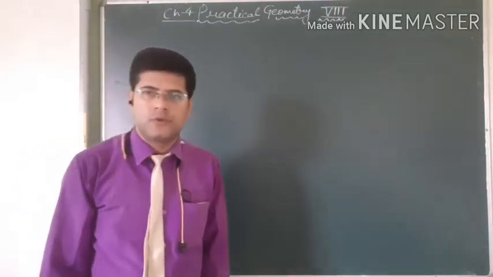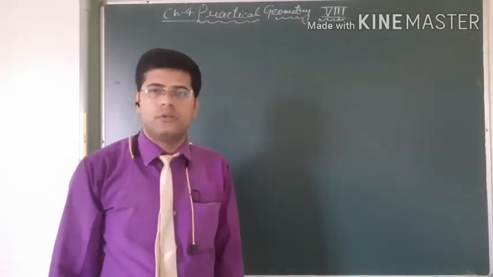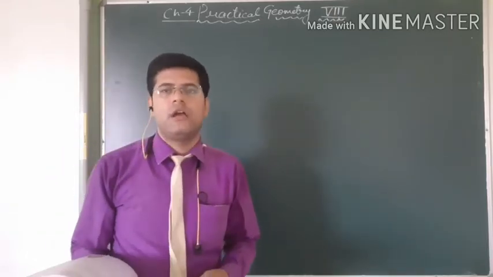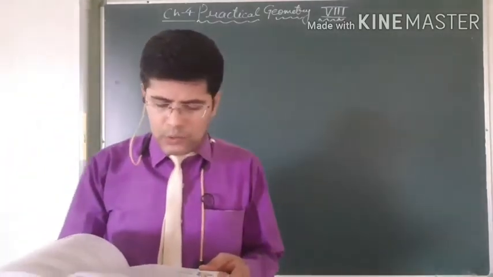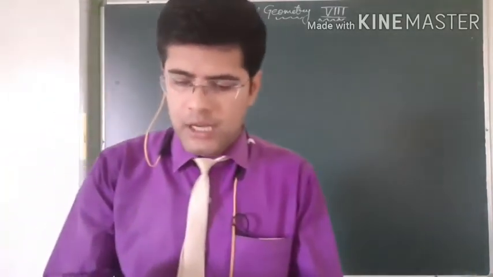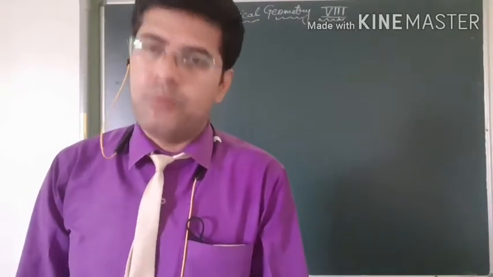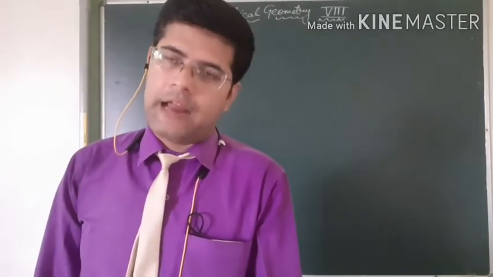Okay, let's start. Firstly, you have to write these rules for making a quadrilateral on your geometry notebook, in the ruled portion. We shall learn how to construct a unique quadrilateral given the following measurements. Which measurements are required to make a quadrilateral? The first one: when 4 sides and 1 diagonal are given.